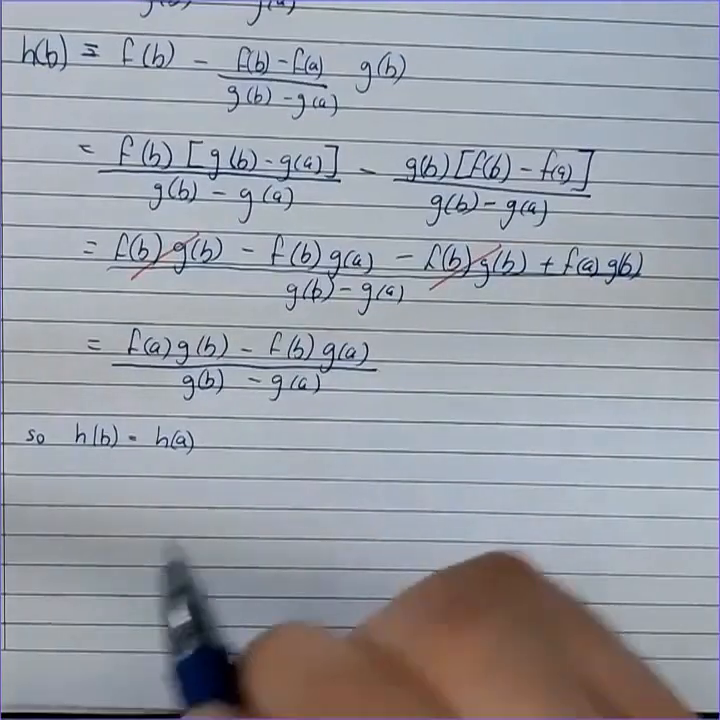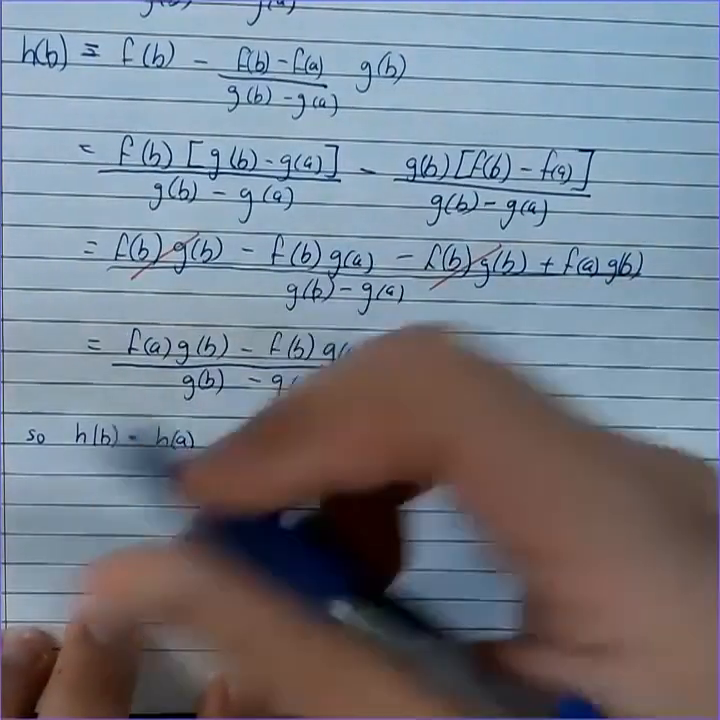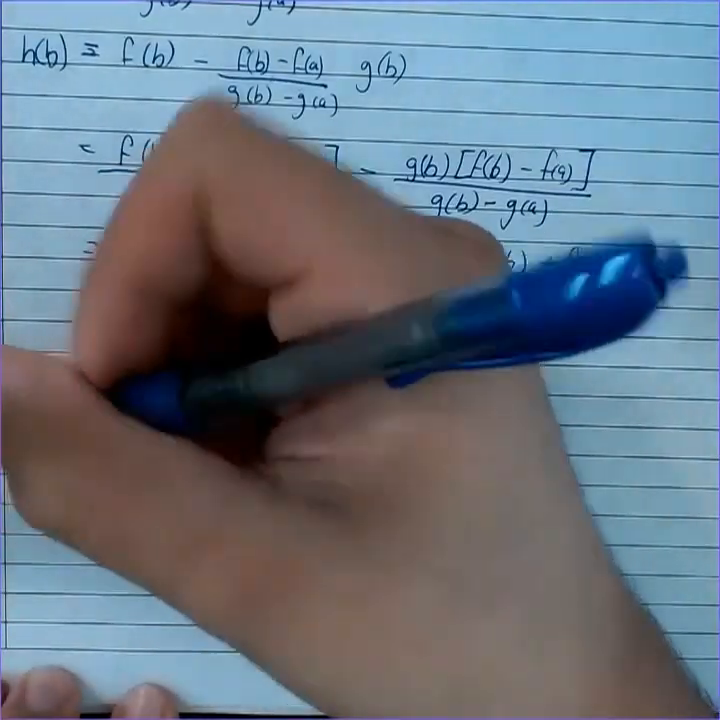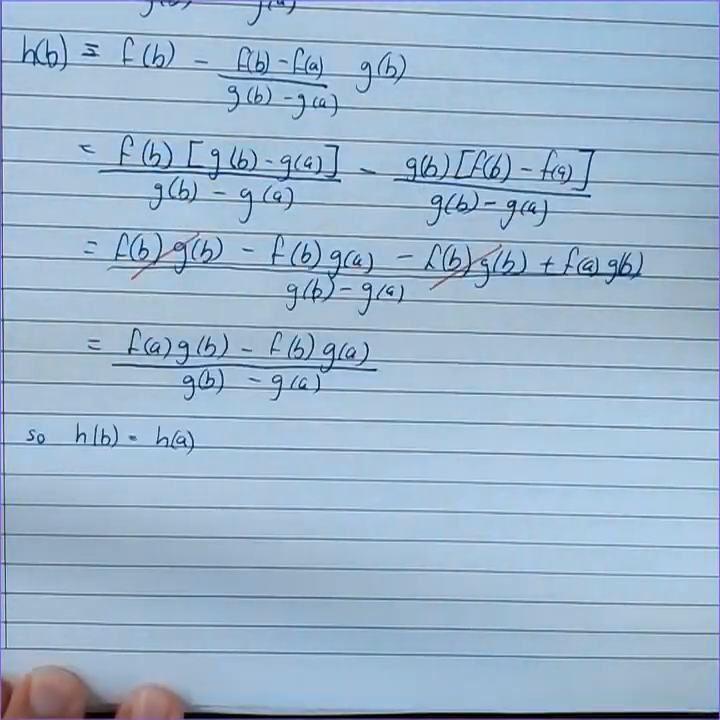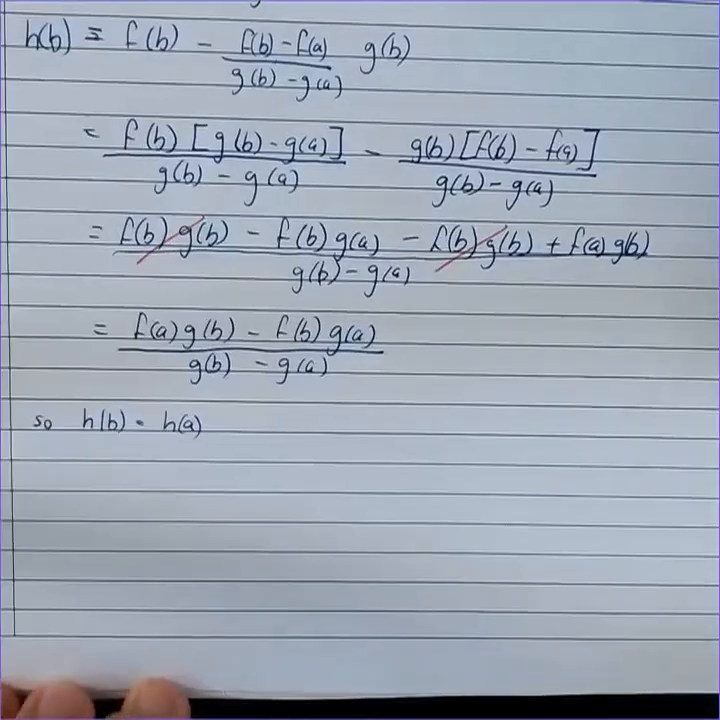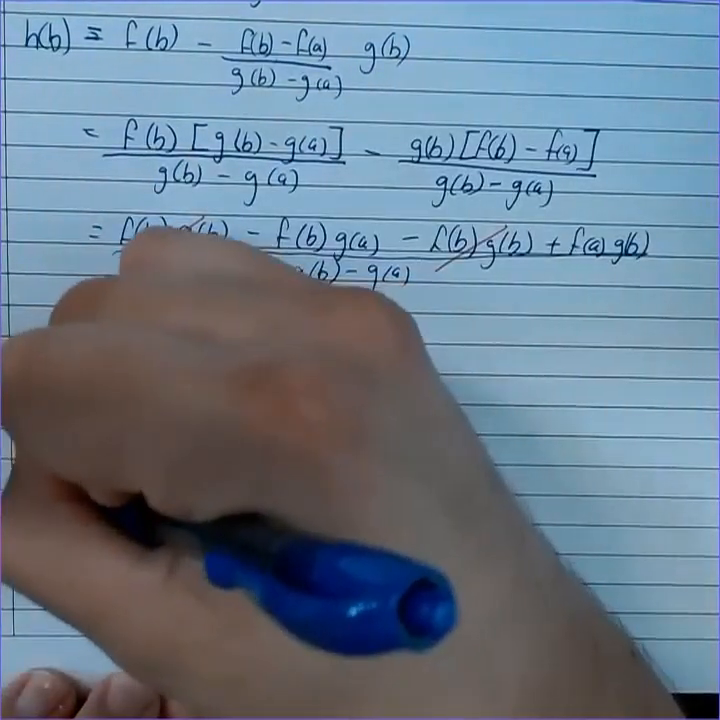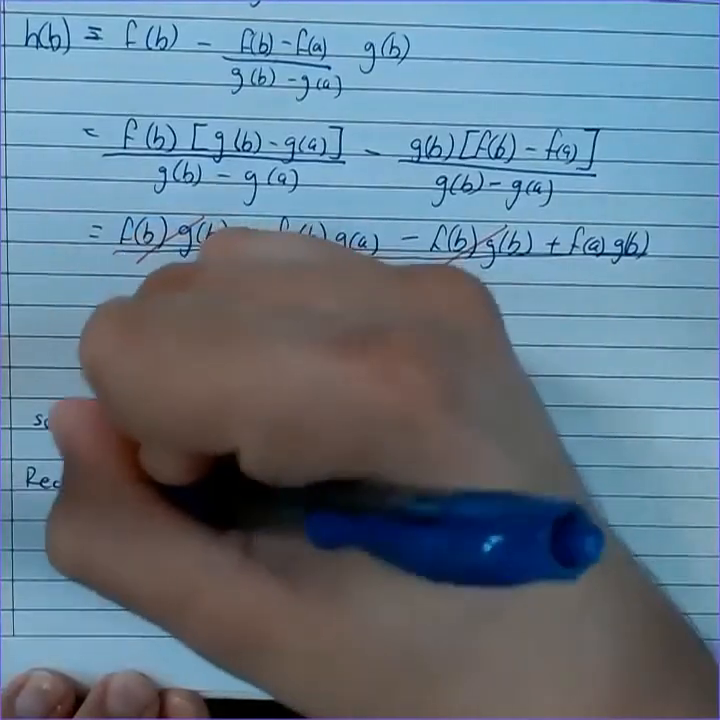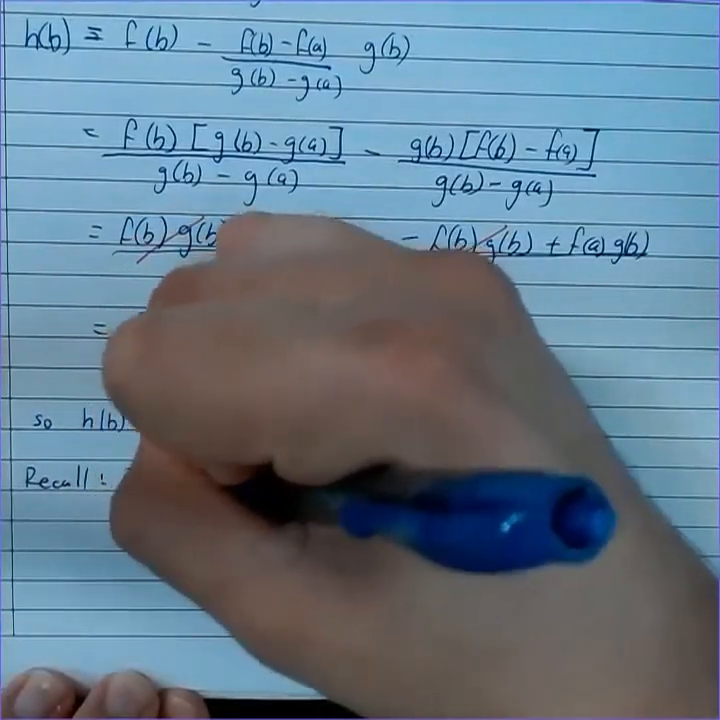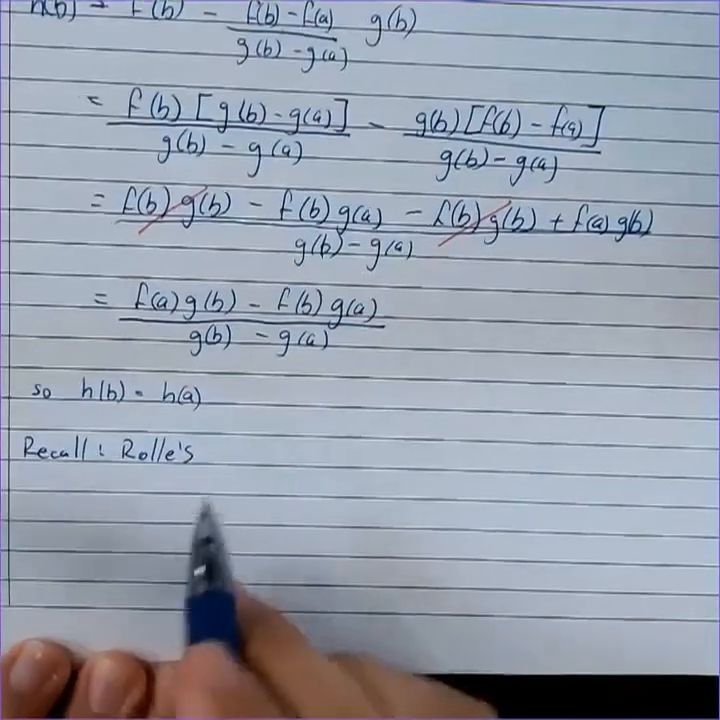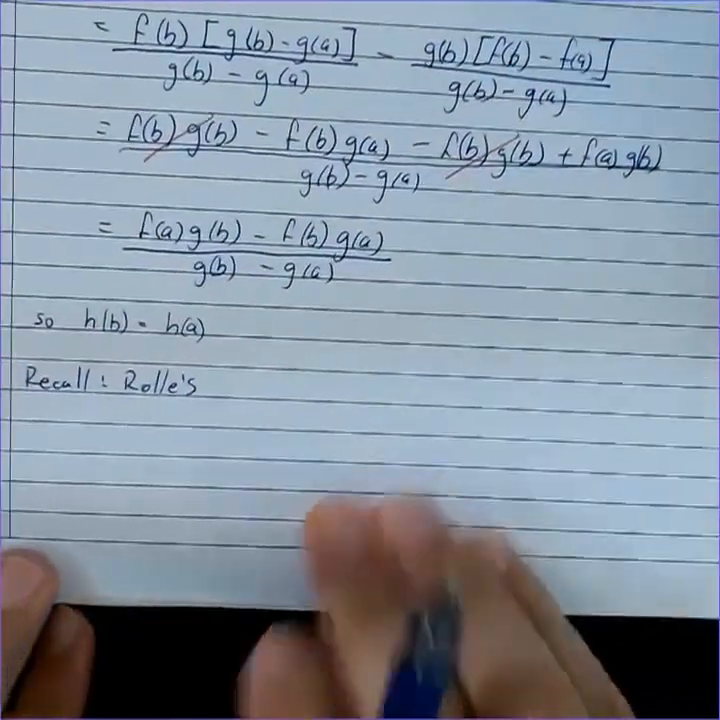So now we're going to invoke a theorem from Calculus 1, which was Raleigh's theorem, or Rolle's theorem, depending on where in the world you're from. Some people pronounce it differently. So let's see here. Recall either Raleigh's or Rolle's theorem,